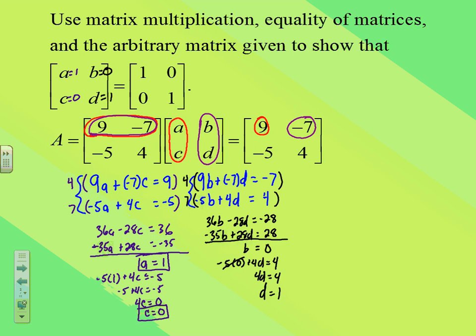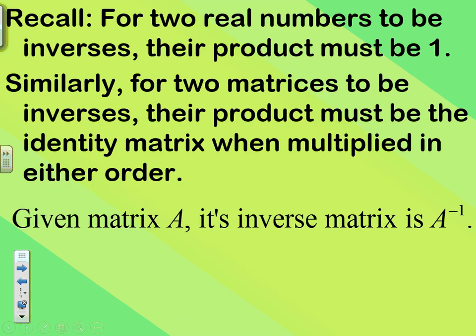So yes, this would be the work that we would go through to show that in this case the arbitrary matrix ABCD actually is an identity matrix. So the arbitrary matrix is equal to the identity, and this is the work that justifies it. So moving on from looking at that identity idea,